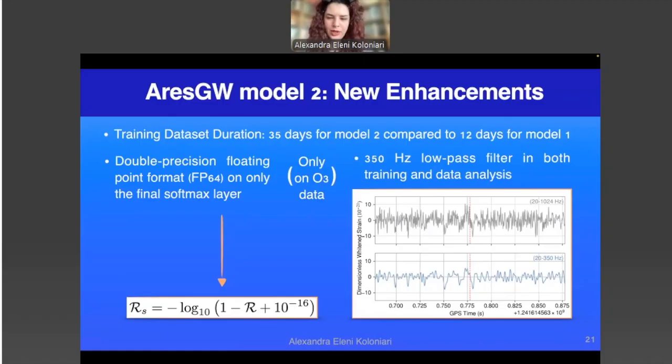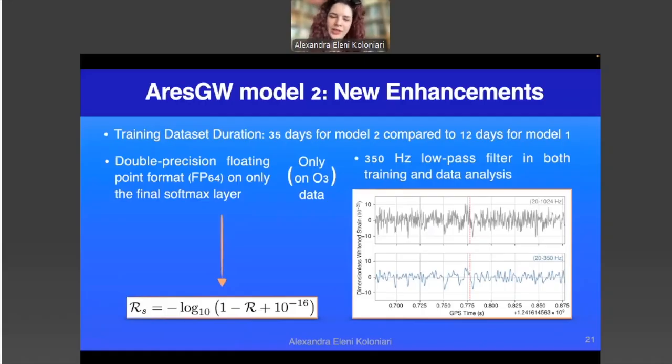And then we ended up deciding that we needed to use a different ranking statistic than the initial output of the network, because we did see that a lot of the events were actually all concentrating to the rank statistic equal to 1. And we couldn't really see the results that way. So we decided to use a logarithmic ranking statistic, as you can see, by using the formula that we have here, which is the initial output of the network in the range between 0 and 1. And the added value is to avoid problems with the logarithm.